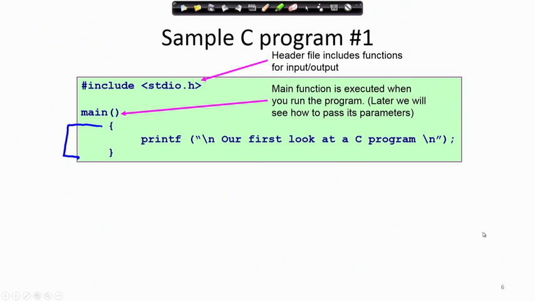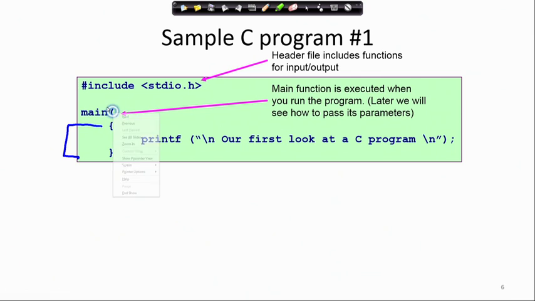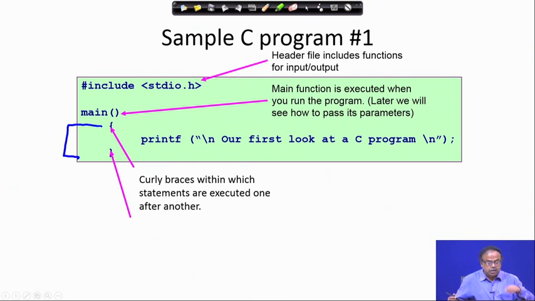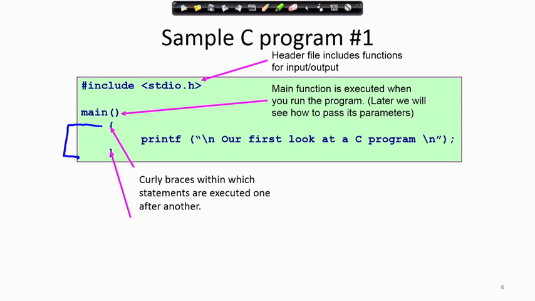Next thing is the main function, which as I said in the last class, there must be. The main function will have a place for the parameters. You can see here the parameters, which may or may not be empty. The third point is the structure, the overall boundary of the main function, or for that matter any function. There should be a boundary specified, and that boundary is specified by these two curly brackets.